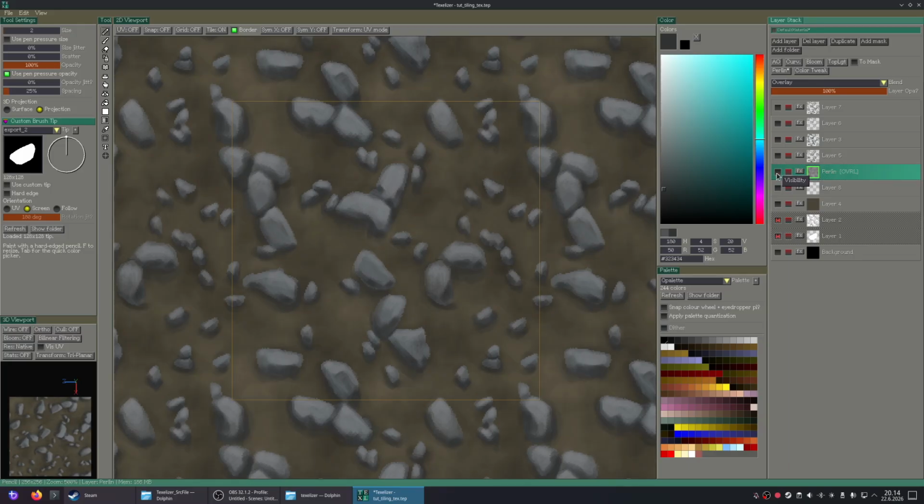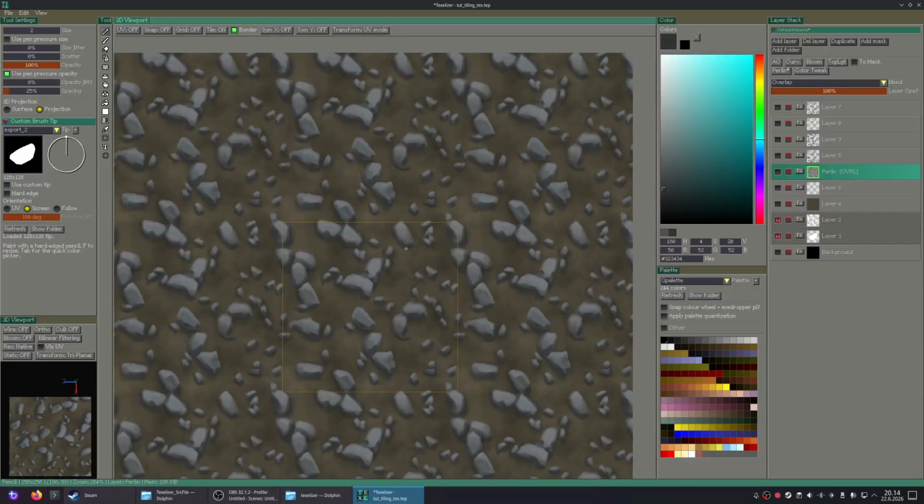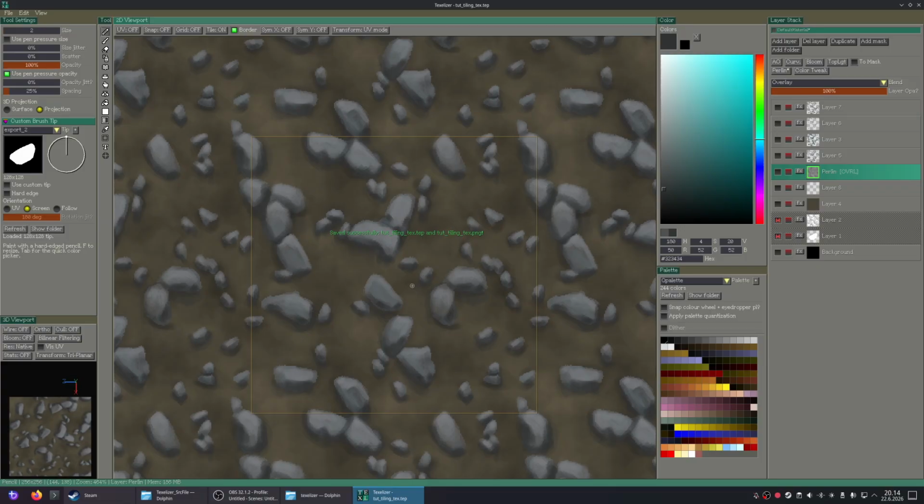Okay, maybe overlay. Yeah, that's the smaller picture, it's looking better. So now there's some color variation in the soil, whereas before it was just completely solid.